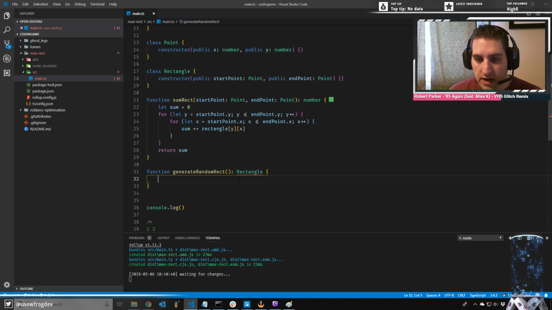Generate random rect. Okay, so we're starting, we'll generate our start point, so that's not too hard. We're just gonna have to